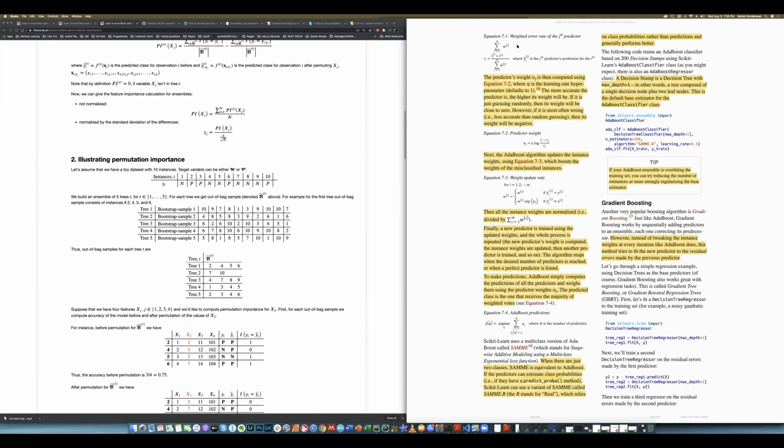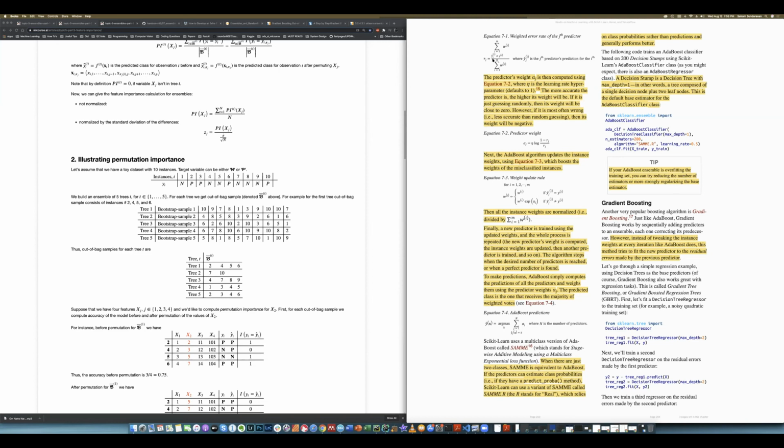we compute the weighted error rate for every predictor. The way it's done is the numerator of this term is the sum of all the weights of the training instances where the model got it wrong, where the prediction was not equal to the ground truth. You sum all of those weights up. The denominator is just the sum of all of the weights of the training instances. So in a sense, you've normalized the error that the model's made across all training instances. And generally, if a predictor is more accurate, you will find that its weight will be